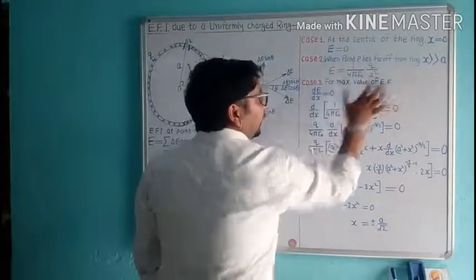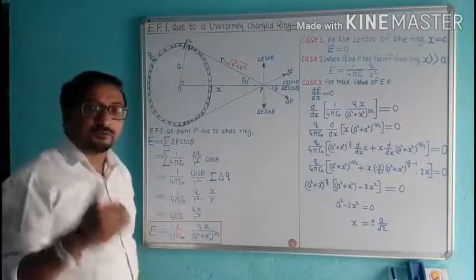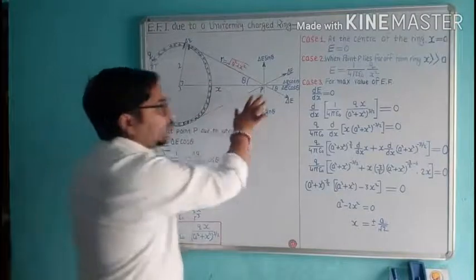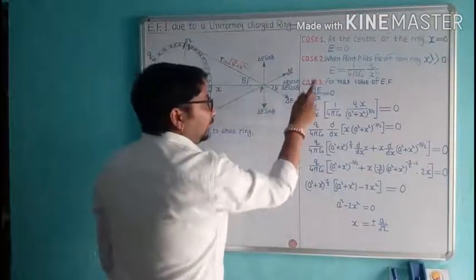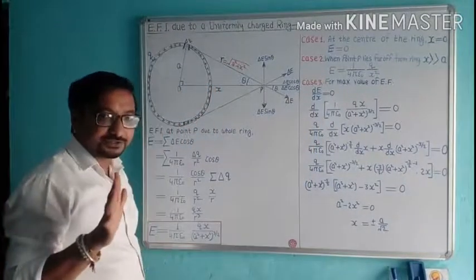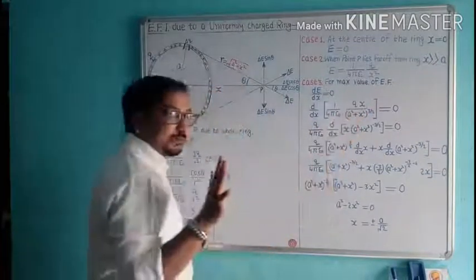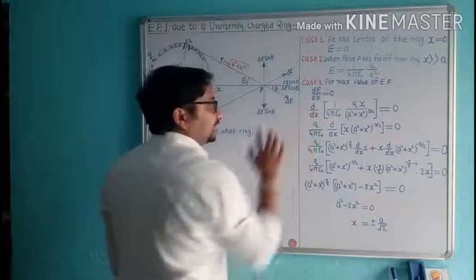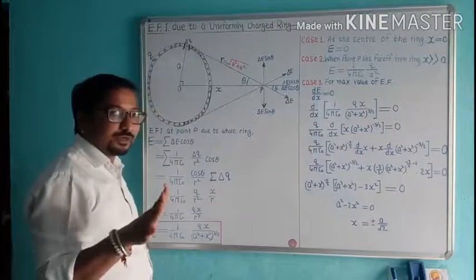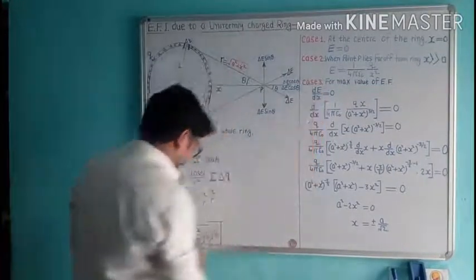For the maximum value of electric field, if we want to find out at which place on the axis of the ring we will get the maximum value of electric field, we take d by dx of E equal to 0. For the point at which the electric field is maximum, d by dx of E must be 0, by using maxima and minima. Now d by dx of, put the value of E,